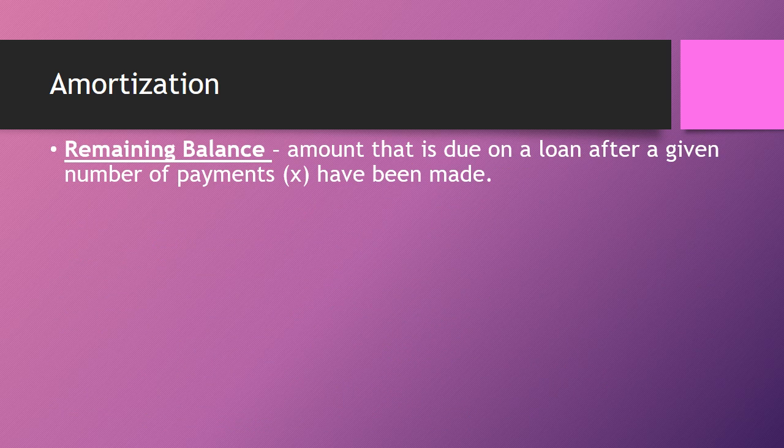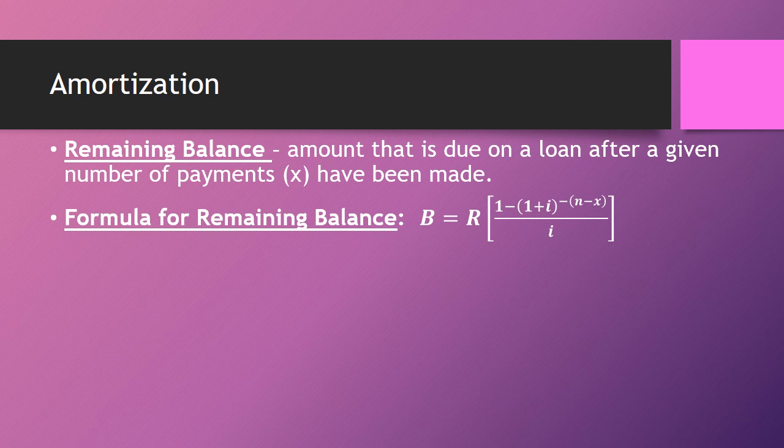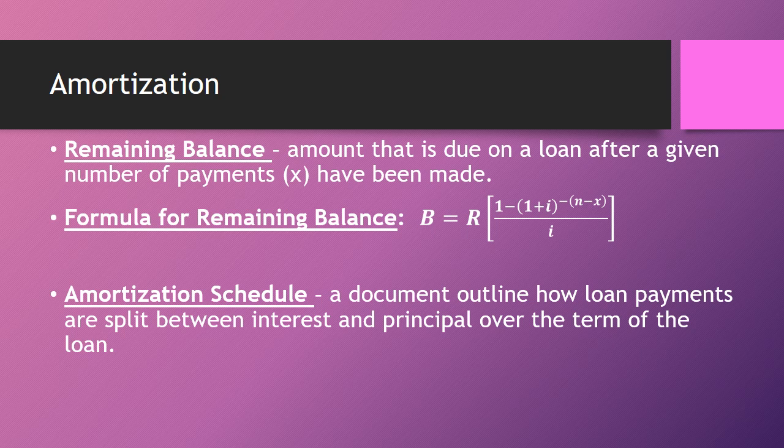The remaining balance is the amount that's due on a loan after a given number of payments have been made. So if you wanted to pay the loan off after a certain number of payments, that's your remaining balance. Here's the formula. You can figure it out. In the formula, B stands for balance, R stands for your payment, X stands for the number of payments that have already been